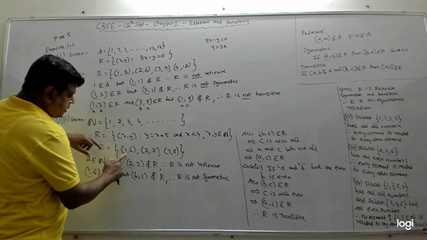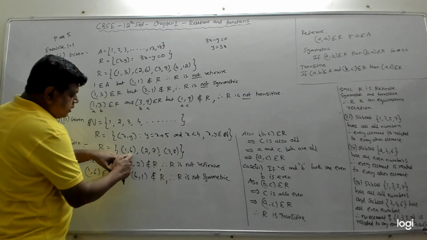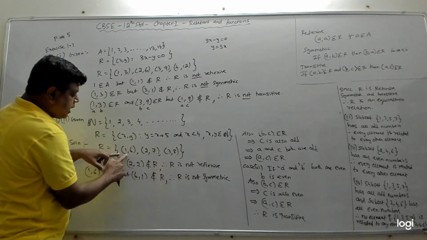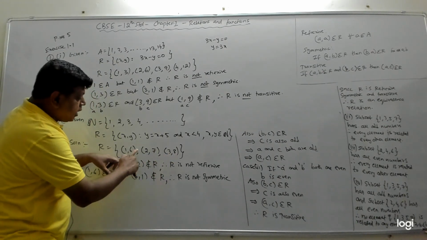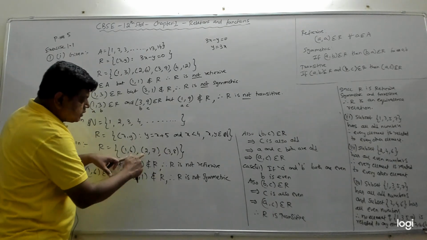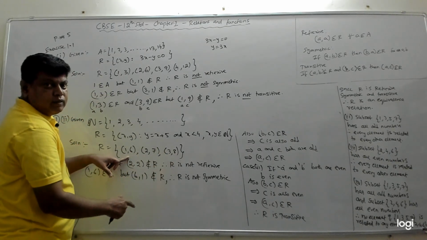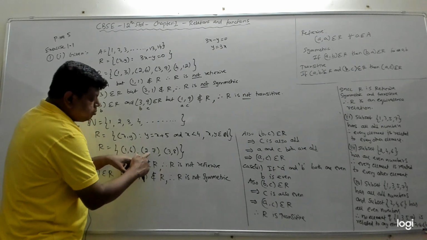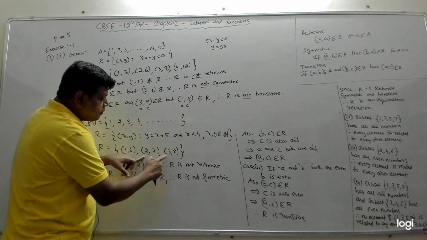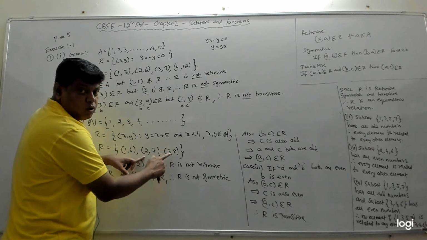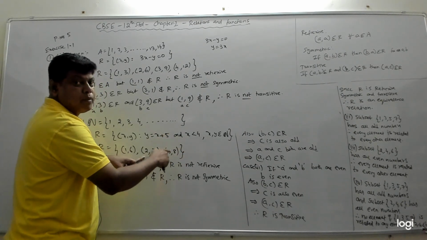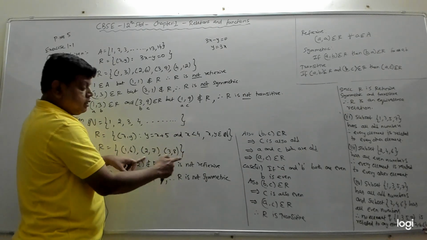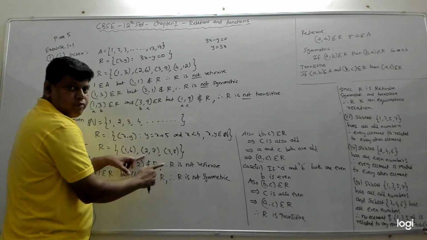Now, let's take them. If I take this as A comma B, 1 comma 6, now I need to check whether any element is starting with 6. Because this is A comma B, then I should get B comma C. B is 6. So, anything starting with 6? No. So, I cannot take this element, leave this. Then here, 2 comma 7. A is 2, B is 7. Any element starting with 7? Then only I will have B comma C. 7 comma something should be there. This is 2 comma 7, then I should have 7 comma something. But that is not there. So, we will leave this also.